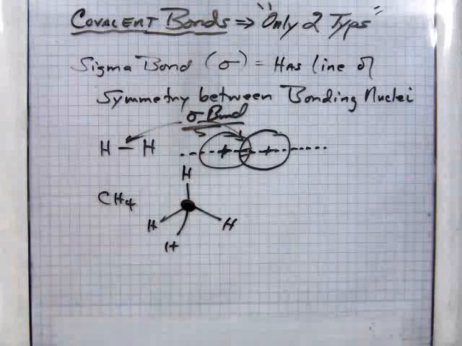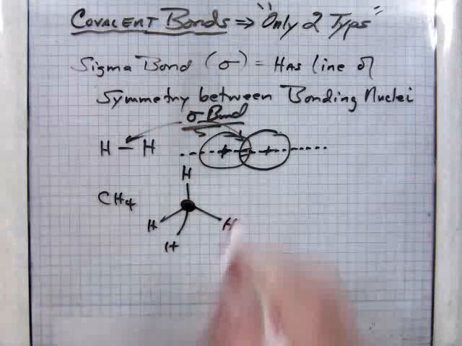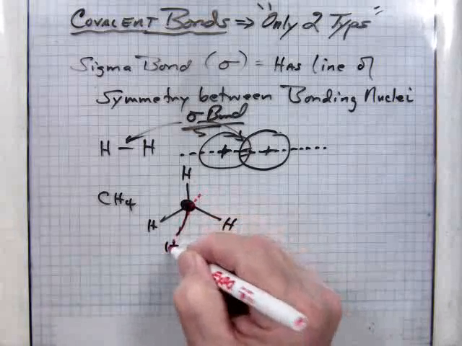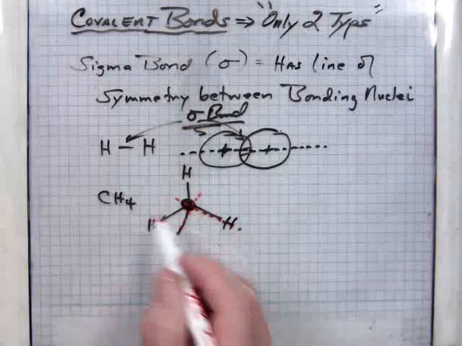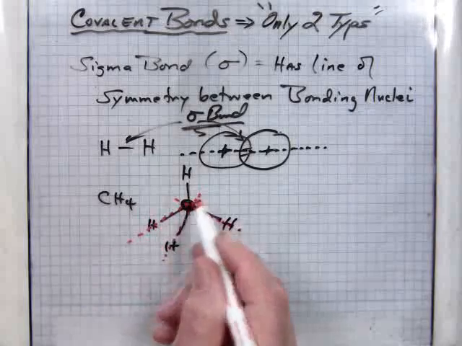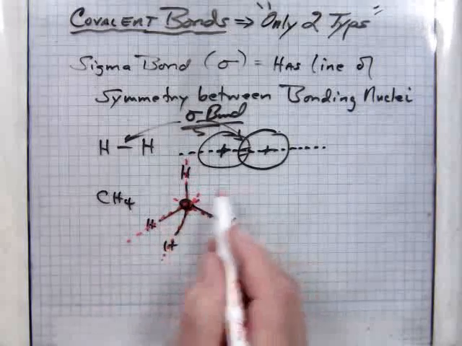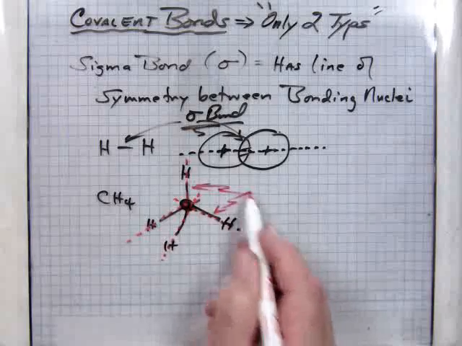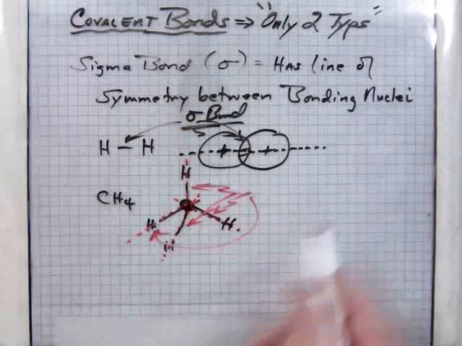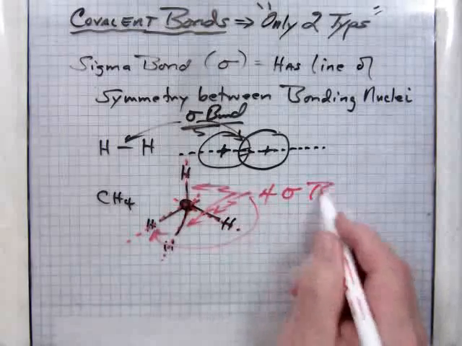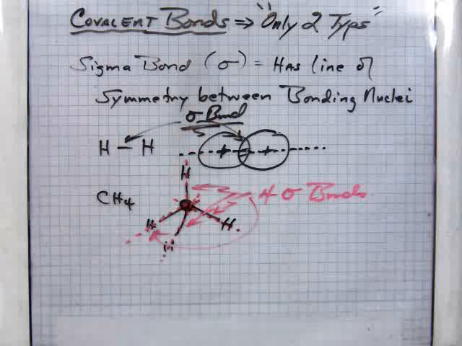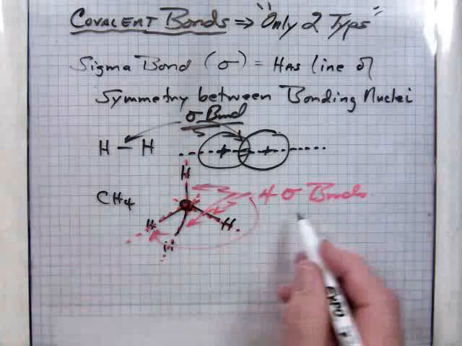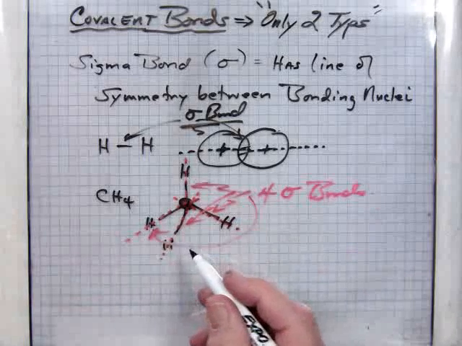Now we could take a ruler, if you wanted to, and draw a line of symmetry through the carbon and each of the hydrogens that are attached by covalent bonds, like that. So here we have 4 sigma bonds in that structure. Now, each of these sigma bonds is a result of